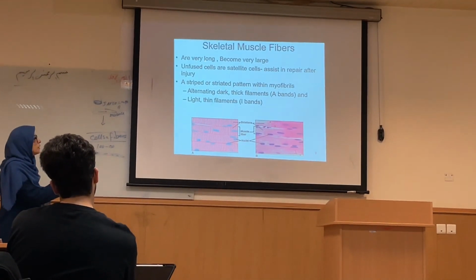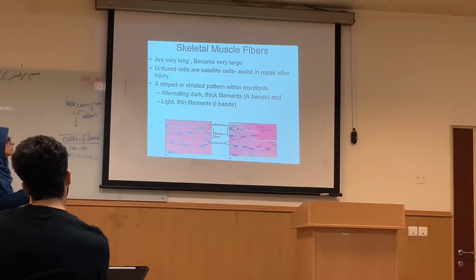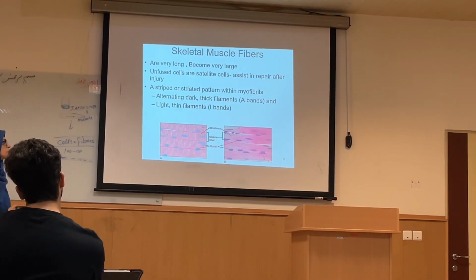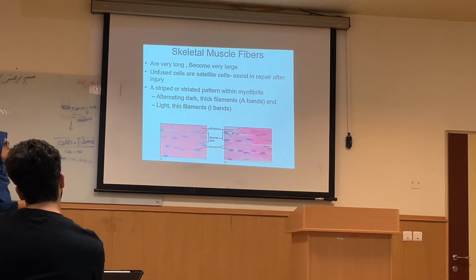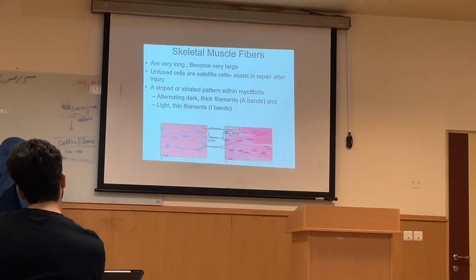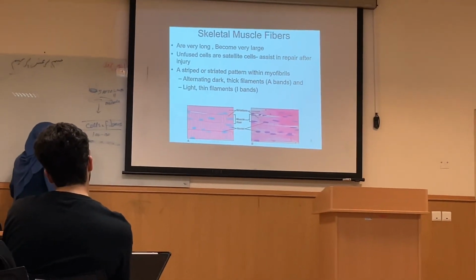The fused cells are very long and large, and the unfused cells form the satellite cells that are for repairing. After the fusion of the cells, the myoblasts synthesize the proteins that in the muscle tissue functionally are two types of